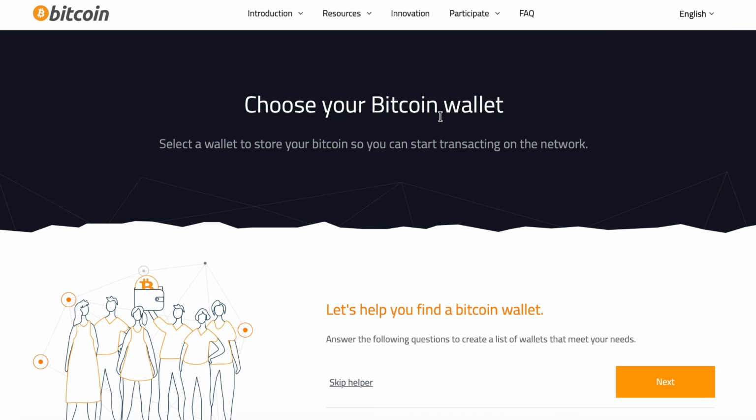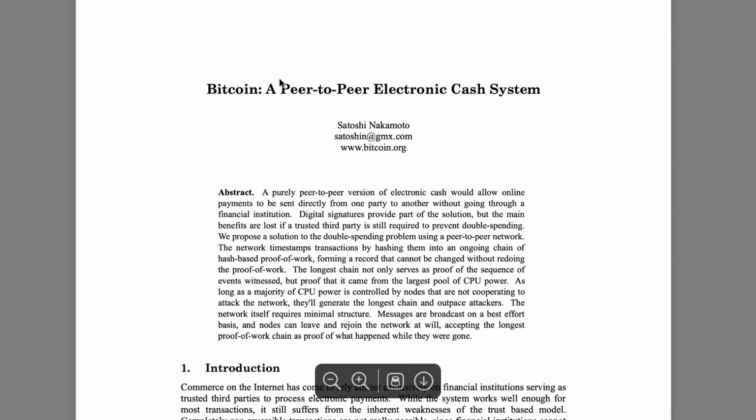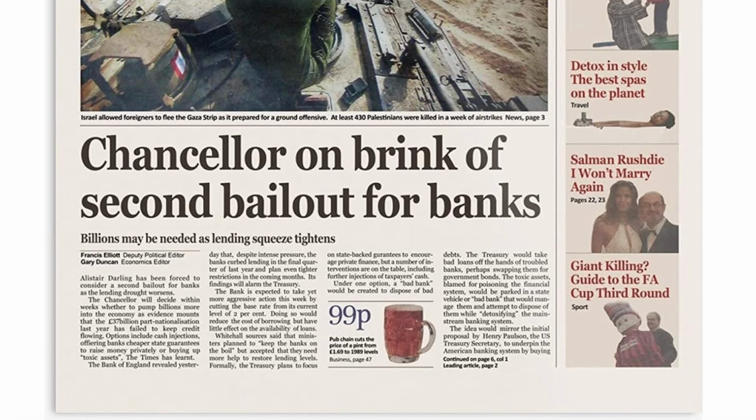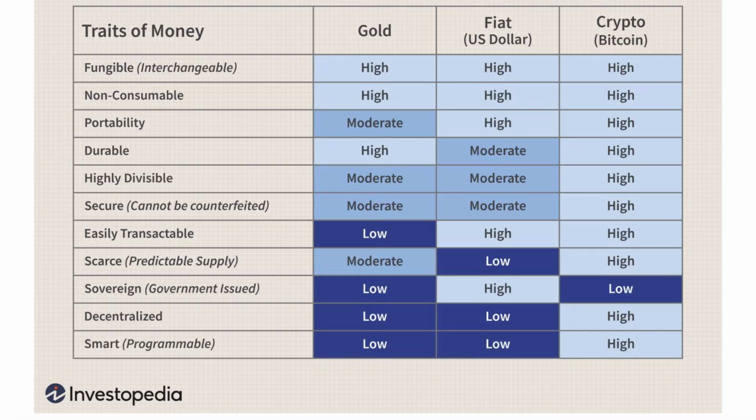Because like I said, this is a technology. It's not something that we necessarily just have to buy and keep on an exchange. It's a money. This is something that we can transact in. If we go all the way back to where we started on the Bitcoin white paper, it's a peer-to-peer electronic cash system. Bitcoin is here to be spent. It's here to be stored. It's here to maintain your purchasing power. Bitcoin can be whatever we want it to be, but ultimately Bitcoin is the best money the world has ever seen. And that's why it has value. It's energy turned into a commodity in a way that we've never seen before.